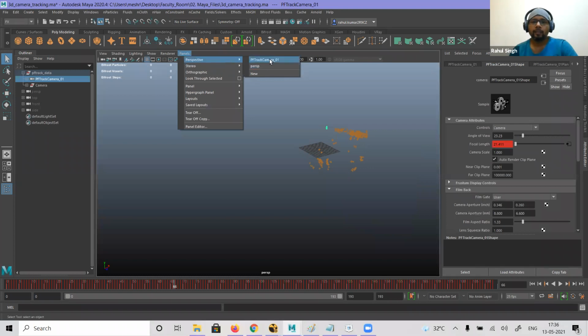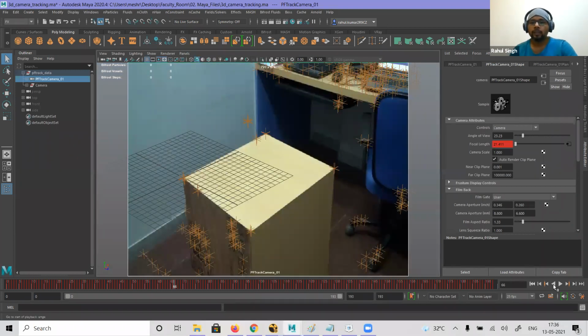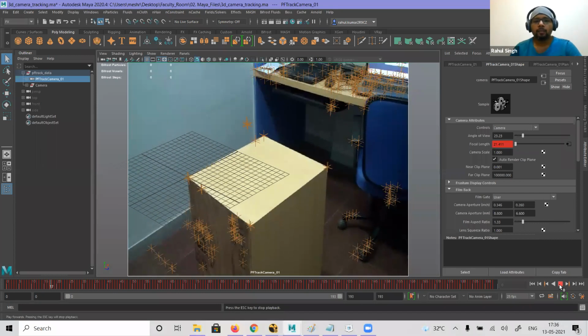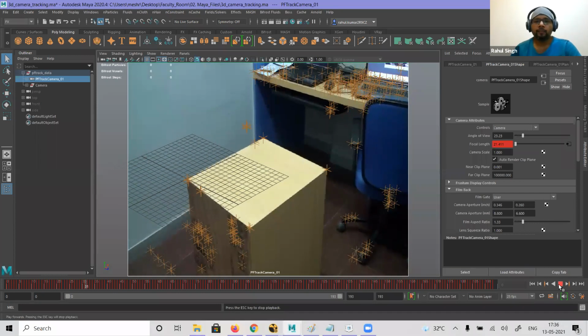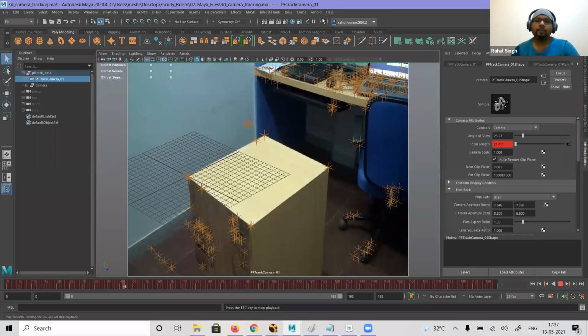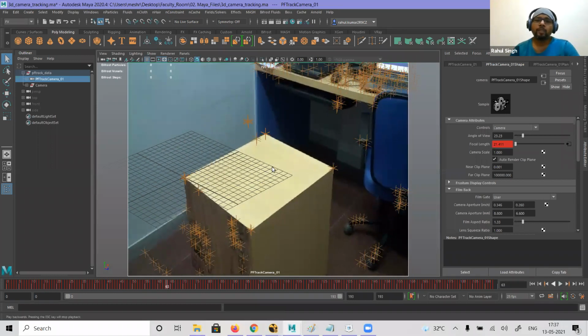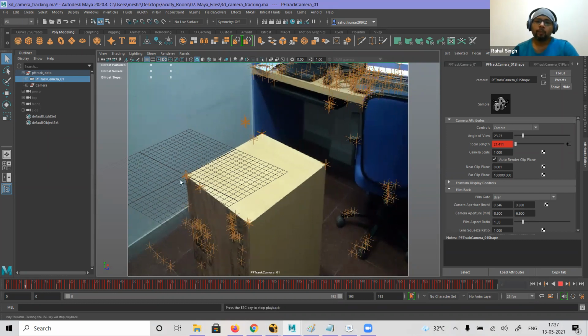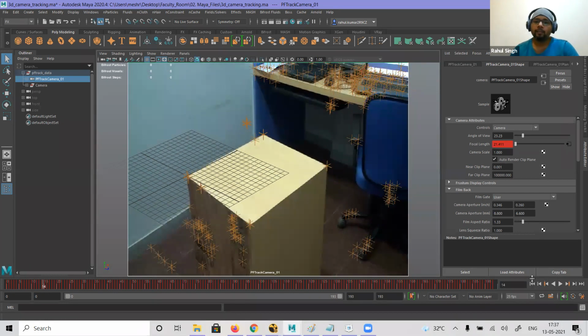So I'll go and see through my camera view. Okay. Now you can see this. From the camera view, I have very fine footage. Everything is fine, right? So now what I have to do is I have to place the object on this place, right? My grid is also there, right? I have set the origin. My origin is also there, right? Because this point I have set as the origin, right? So that is why it is there.